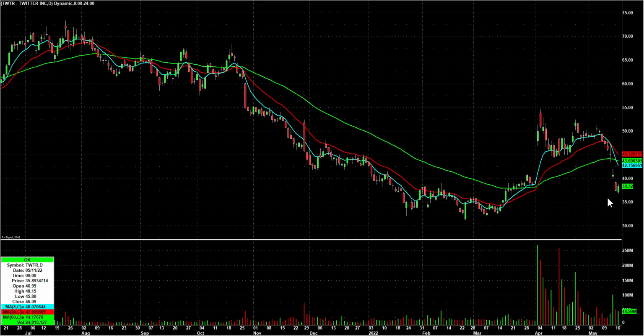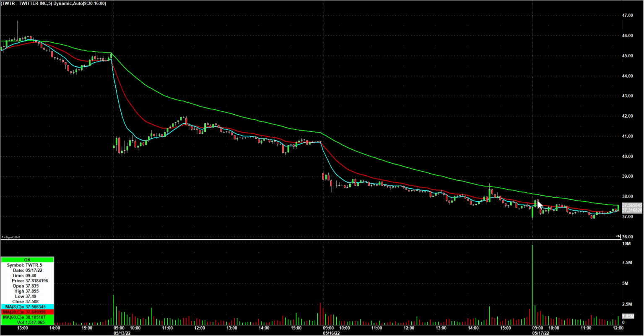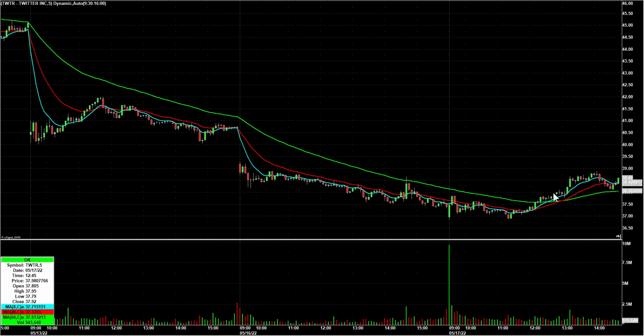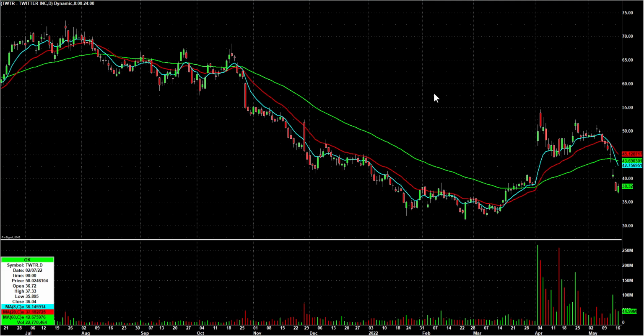Twitter, I don't know if this should be on watch, but it did finally put in a green day. Had it on bounce watch today. Before I left the morning, I said Twitter could be one to look for a bounce play, meaning a break of the early high, which was 37.85. And anyone that got long that, it chopped around for a while after breaking it, but then ended up going a little bit. So you could have had, I don't know if anybody in chat took that and profited from it or not. I wasn't around, but anyway, you do have a nice bounce,